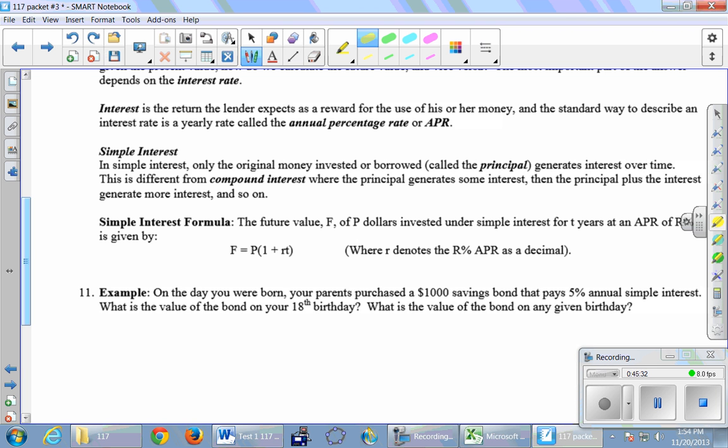Because now you don't have $100 that you've loaned them that they can do what they want with. You have $101 that they can play with. So they'll give you a little bit more. And that's called compound interest, and it's more complicated. But for today only, we're going to talk about simple interest, which assumes that the interest you get is going to be on that 100, not on the 101 that's there the next month. It's always just on the flat original amount that you put in. Okay, so the simple interest formula. Barb?